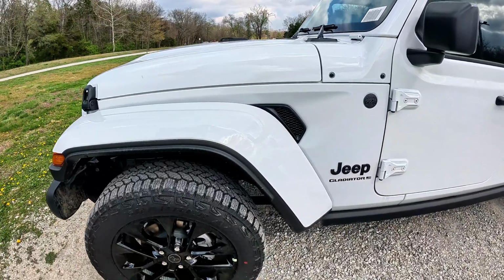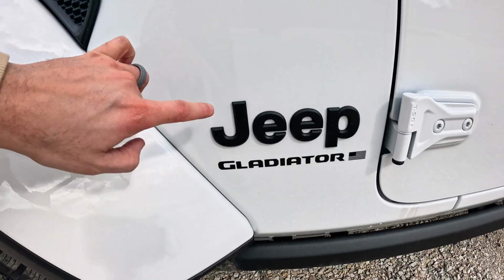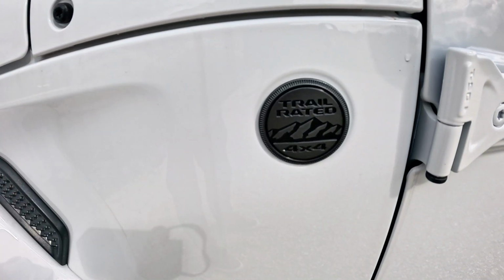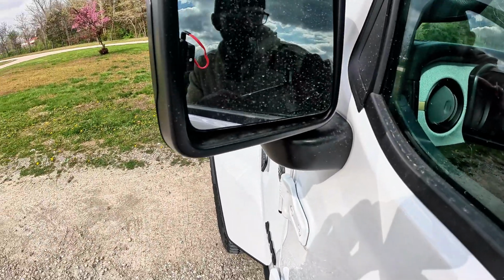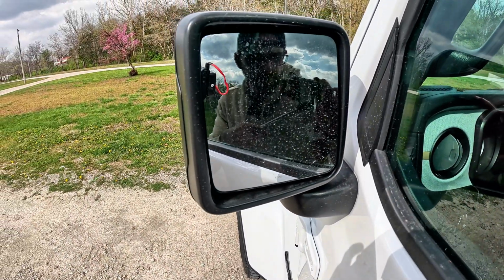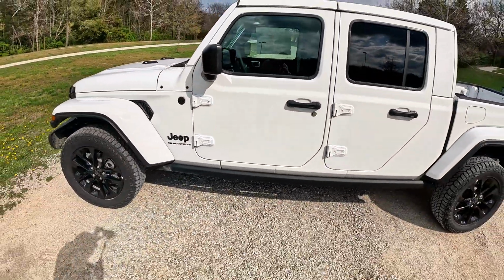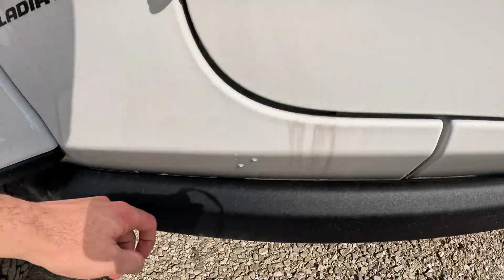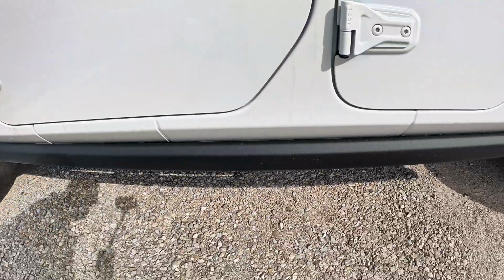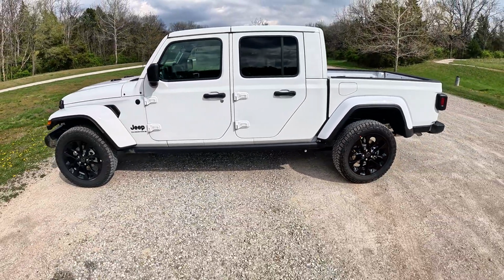Coming along the side here, we do have the Jeep Gladiator in black and the trail-rated 4x4 there. Standard Jeep mirrors. No blind spot monitoring on this version. Black handles. With the Nighthawk edition, you do get these rock rails across the side here. Take a step back, side profile,